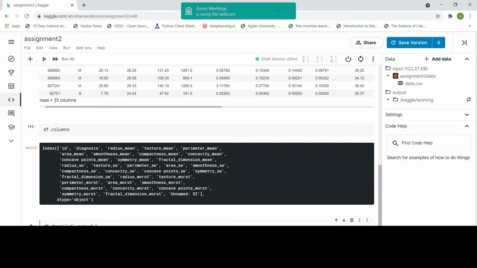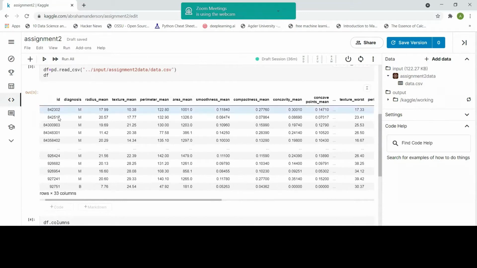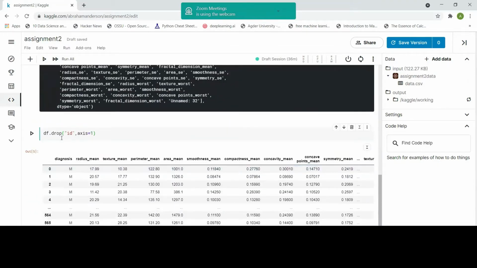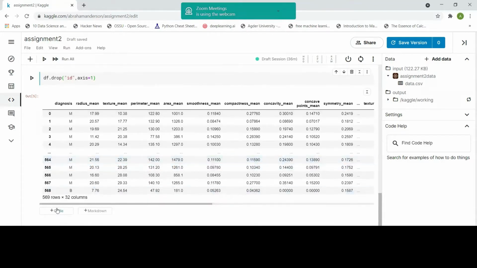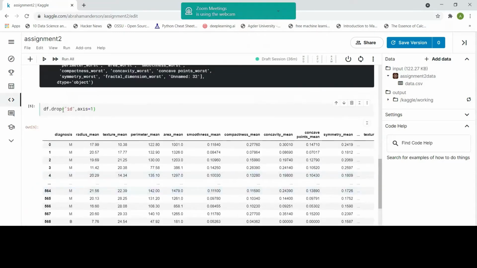And thirdly, there is another parameter, the inplace parameter, right? So I will explain to you. If you use that one, let's use it. As you can see, the ID column previously is the first column name, right? And now after I am using that code, we cannot see the ID. But if we add another code and look at our data frame, as you can see, the ID column still stands here